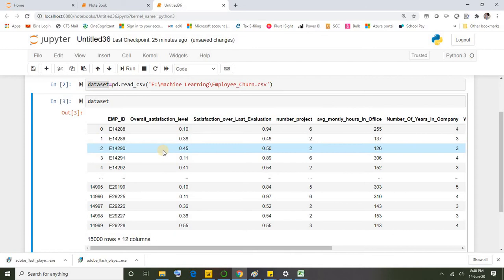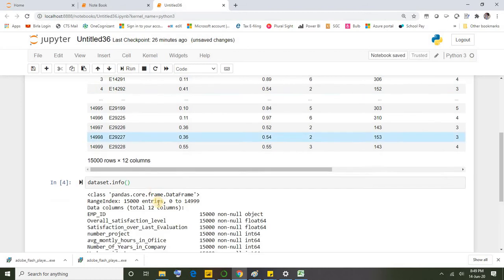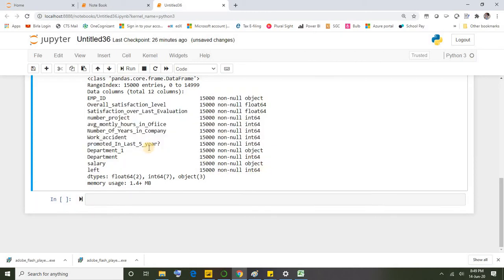In machine learning, the very important thing is pre-processing. So we can't use the complete dataset blindly. There will be a few columns which are not even required for prediction, which if you use, in fact, those might impact your prediction outcome. So you need to be very careful, and you need to check if there are any missing values or null values or something else. If such missing values or null values are there, we need to handle them, right? Let me check in our dataset if there are any missing values. How can we check? By using the info function, we can check if there are any missing values. All right. I could see there are 15k records. Okay. I don't see any missing values, so we are good.